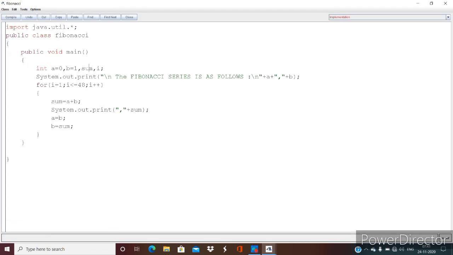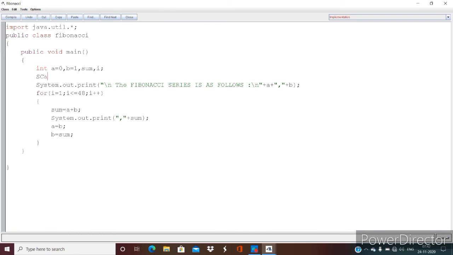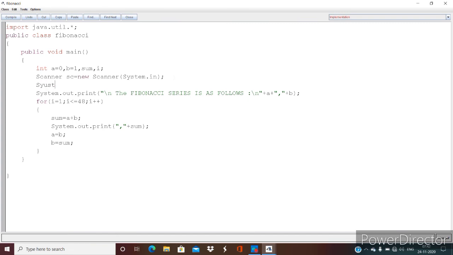Now if you want it to be user defined, that means you want to display the series for n number of terms, then you have to take input for n, and instead of 48, it will be n minus 2. So I'll just show that also. I'll declare the Scanner class. Scanner sc is equal to new Scanner. Next we'll take input.